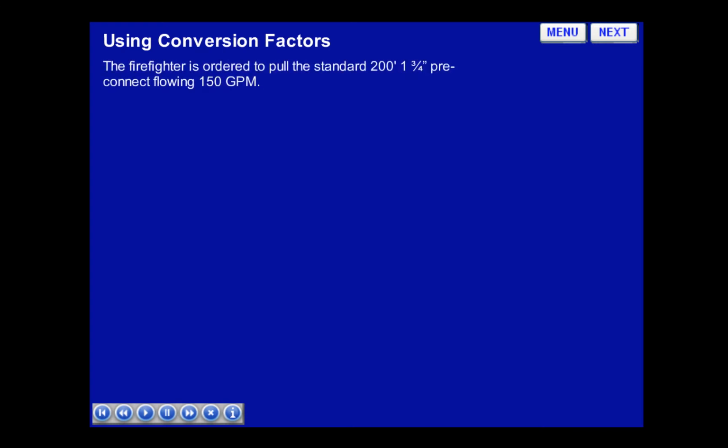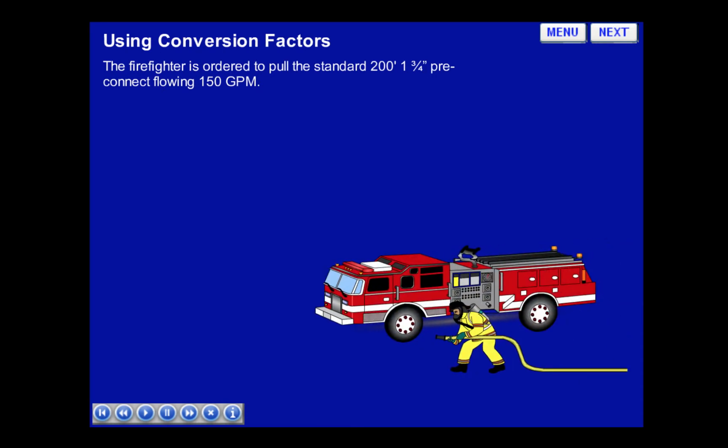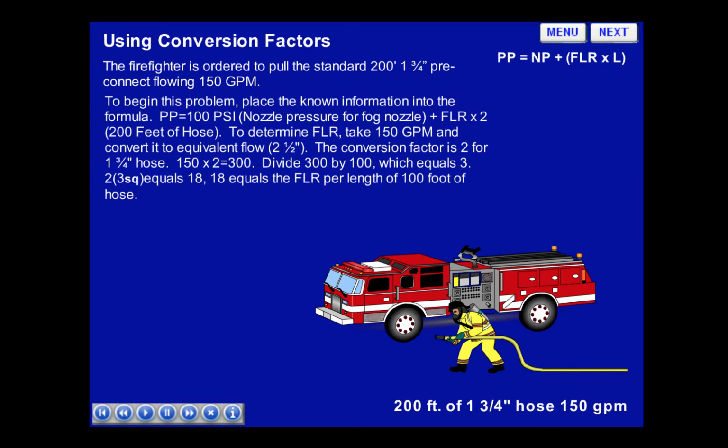A firefighter is ordered to pull the standard 200-foot 1 3/4 inch pre-connect, flowing 150 gallons per minute. To begin this problem, place the known information into the formula. Pump pressure equals 100 psi nozzle pressure for a fog nozzle plus friction loss rate times 2 for 200 feet